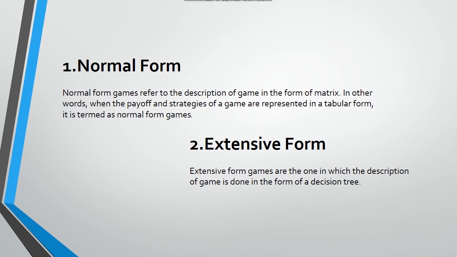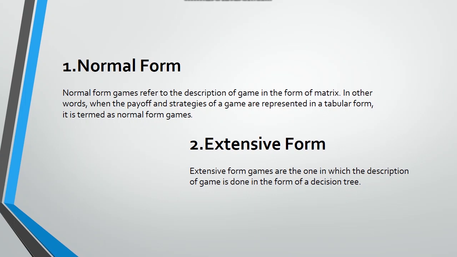Normal form games refer to the description of a game in the form of a matrix. In other words, when the payoffs and strategies of a game are represented in a tabular form, it is termed a normal form game. Normal form games help in identifying dominated strategies and the Nash equilibrium. In normal form games, the matrix demonstrates the strategies adopted by the different players of a game and their possible